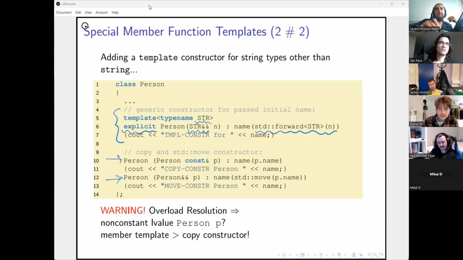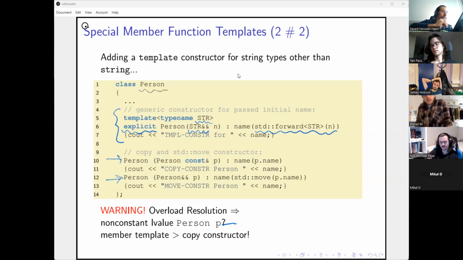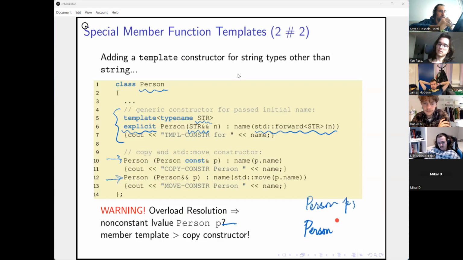And that means in particular that if you pass a non-constant instance of person, so if I have person P and I do a person P primed that I would like to initialize using P, because P is not constant, it's a better fit.